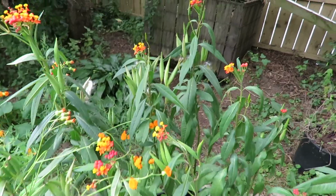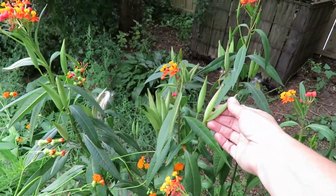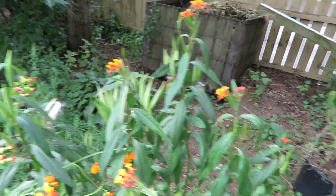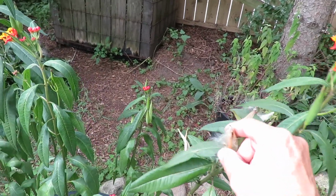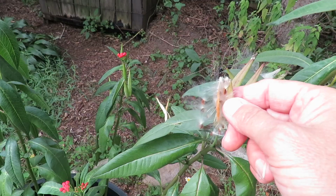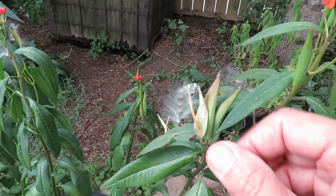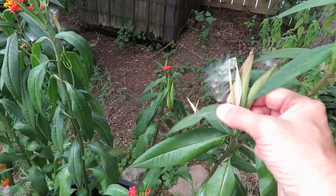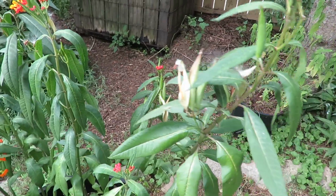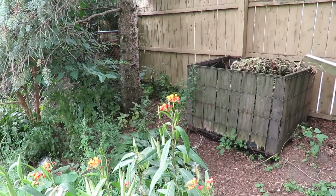So this is milkweed, sunset milkweed, and it's got these seed pods on it. So I can't wait for those to dry and come out. Oh, here's one that's opened. Wouldn't that be nice if these flew all over my yard? Oh, there they go. Just like that. And now of course they're going into the neighbor's yard, but